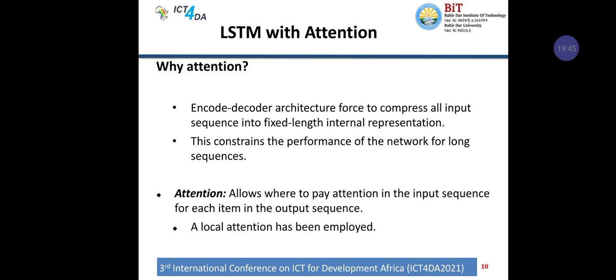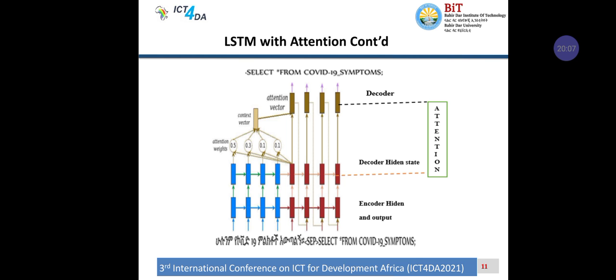So when you embed all the input sequences into hidden states, we then create the context vector. Basically, the context vector can be created by taking the weighted sum of these hidden states. So here you have the input sequence, in our case the natural language questions, and then we have the annotations of those input sequences. We have attention weights for each sequence, we calculate the context vector, and then we map it to the corresponding